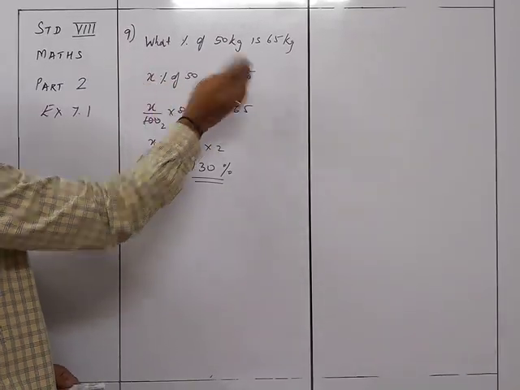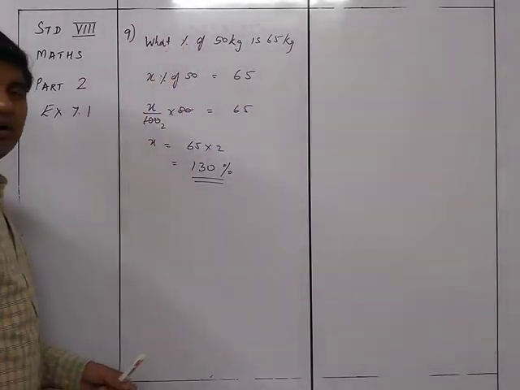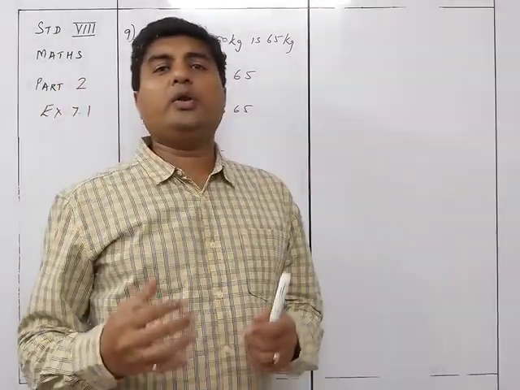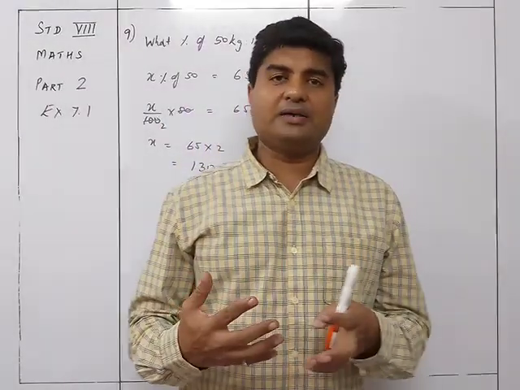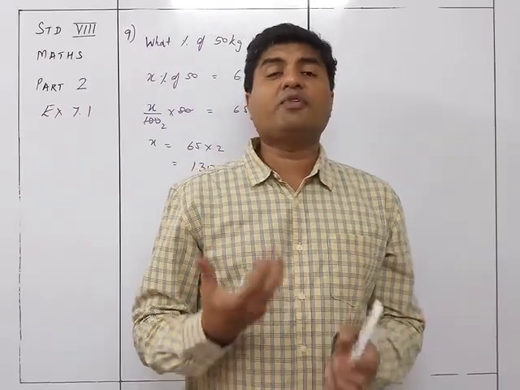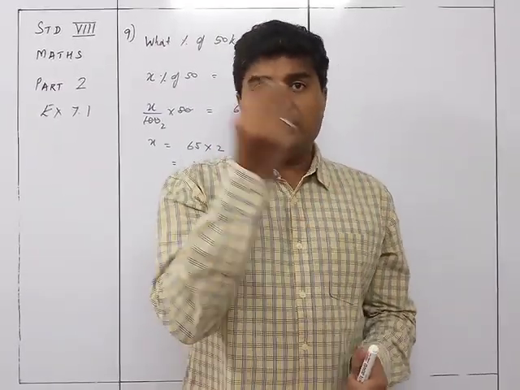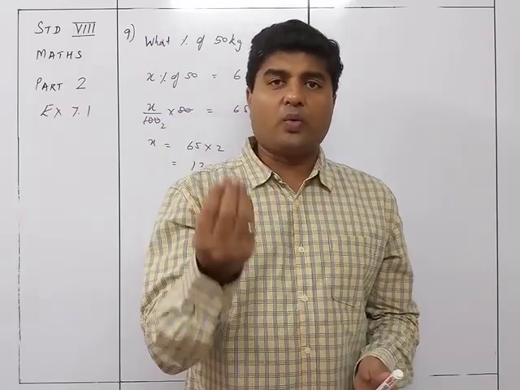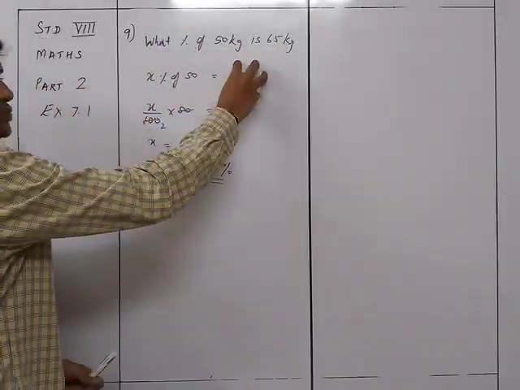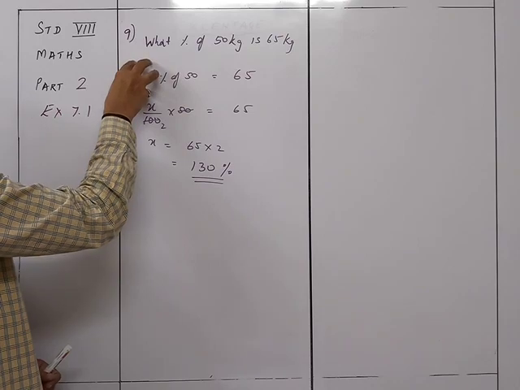See, we had the formula that x percent of this is equal to something. So x percent of this something, ये तो अपना पुराना formula ही हो गया. I don't need another. I don't want you to have more and more formulas that you get confused about which formula to use where. Instead, we can use the same formula and just find out what is required to be found out. Instead of finding out this value, we are going to find out this value.